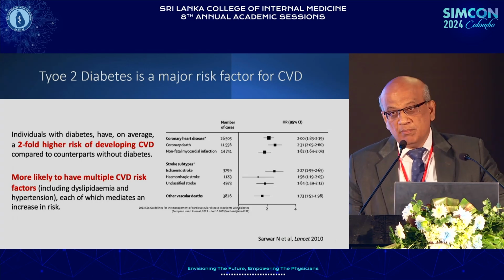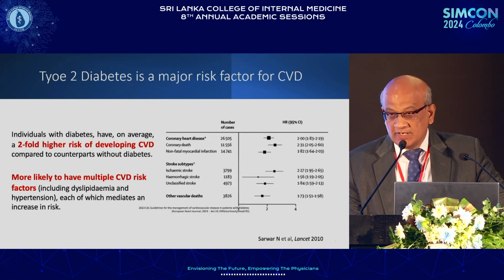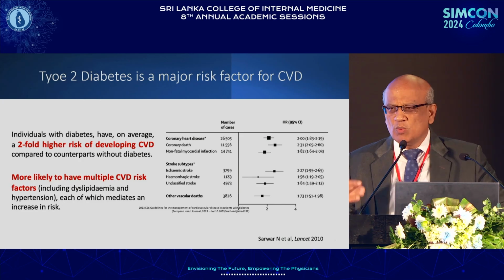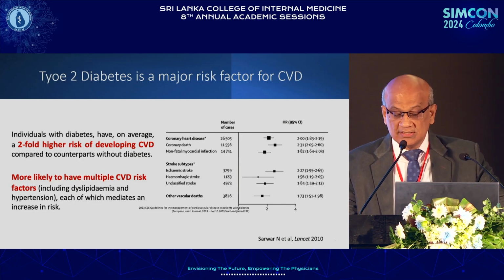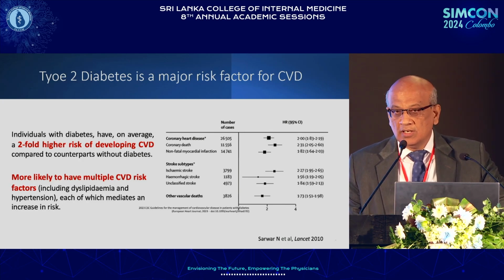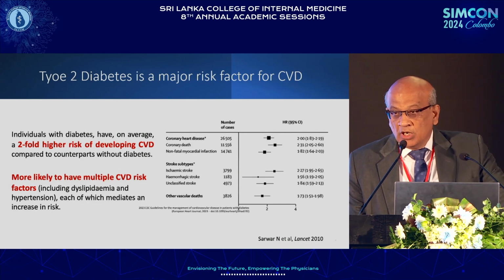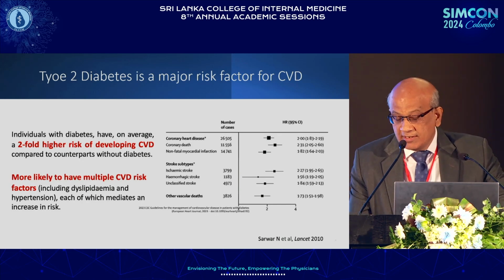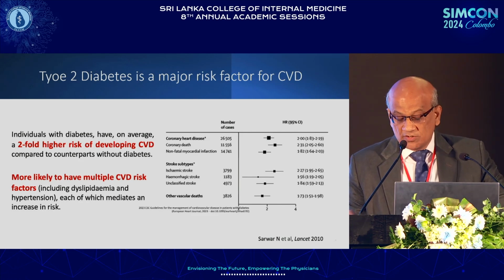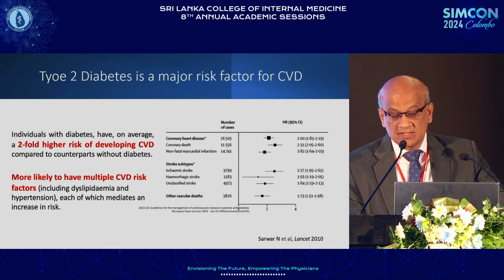Type 2 diabetes is a major risk factor for cardiovascular disease, as evidenced by so many meta-analyses and so many trials. This is a study more than a decade old, but it shows about 2 times higher risk of major cardiovascular events in patients with diabetes. So with that, I conclude